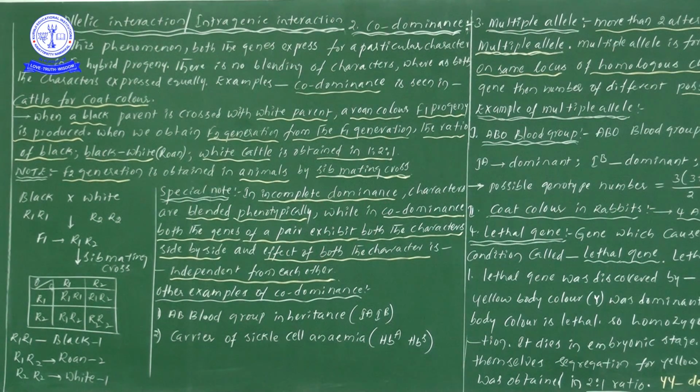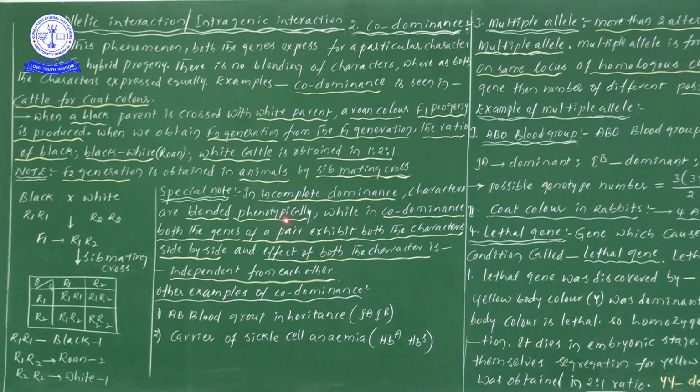There are 4 lines, understand them well. Now, in incomplete dominance, characters are blended phenotypically. Here the characters are blended, meaning one allele is suppressing the other, so there is a fight between them. In incomplete dominance we have seen